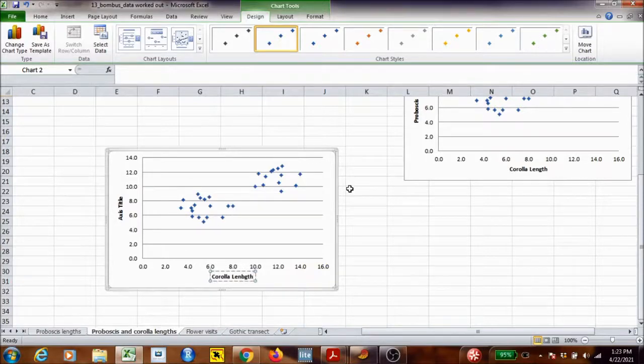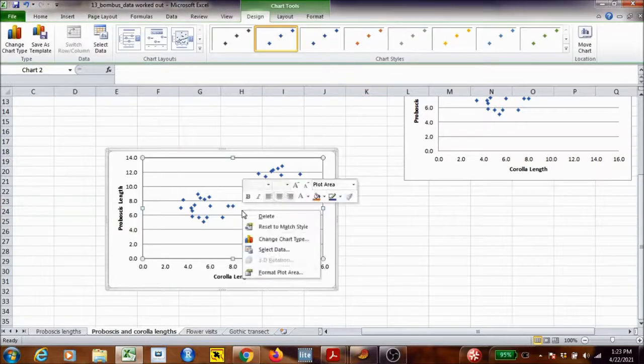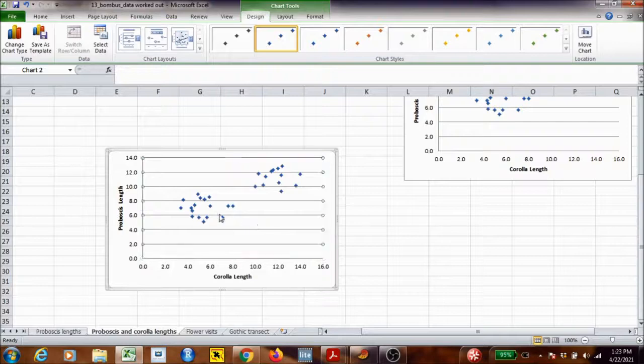Length. And did I spell that correctly? I did not. Length. There we go. Do the same thing over here and get rid of all of that, and then type in proboscis length. There we go. Okay, so now this is a graph that you could then right click on and,